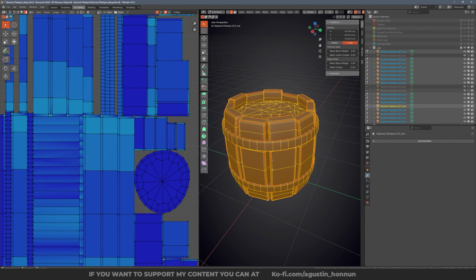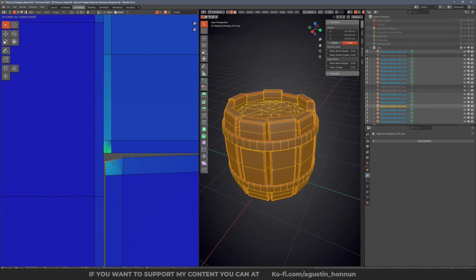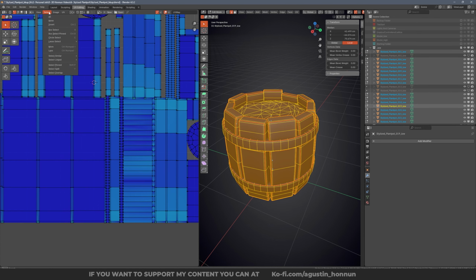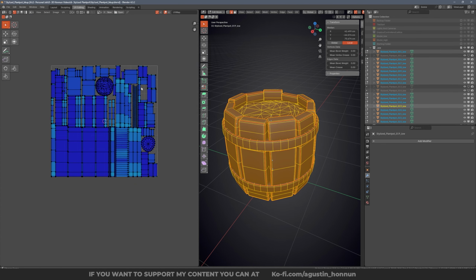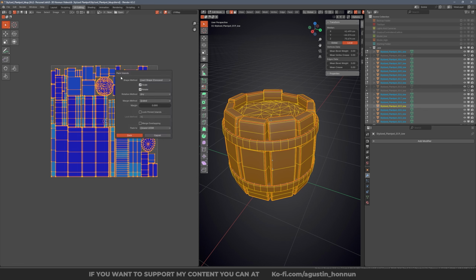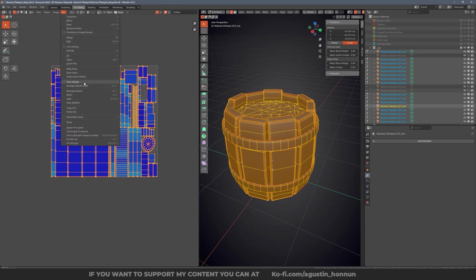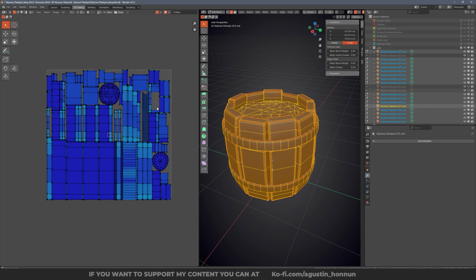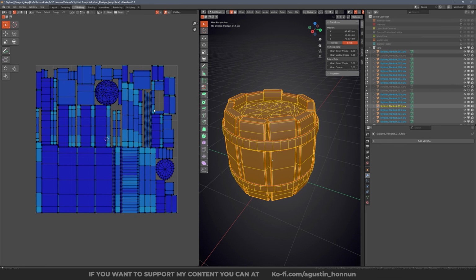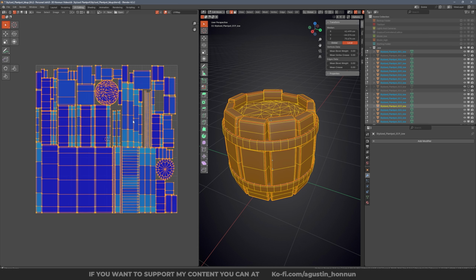Then if we select overlap and you see some vertices overlapping there, you need to fix them by just separating them. As you can see, you just need to separate those vertices. Okay, this tool, Ctrl P, pack islands, works very well. You can play with it to have a very optimized UV layout, but I'm going to be using now an